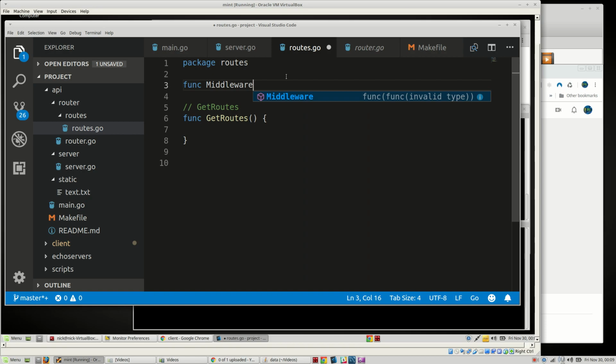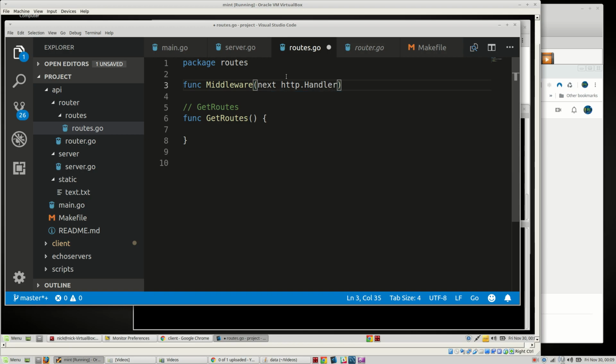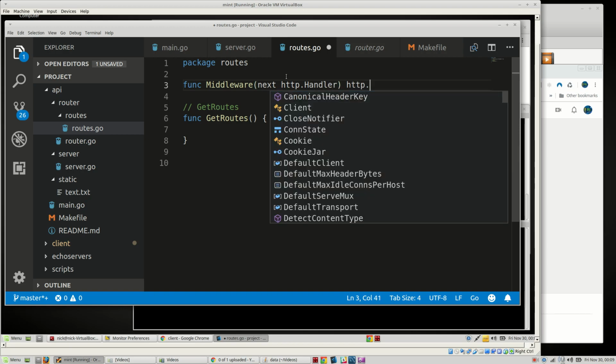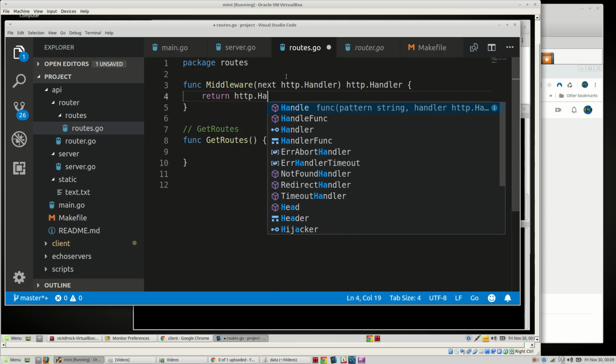Let's see here, we're going to take next http.handler. Okay, and then we're going to say http.handler. It's going to return an http.handler